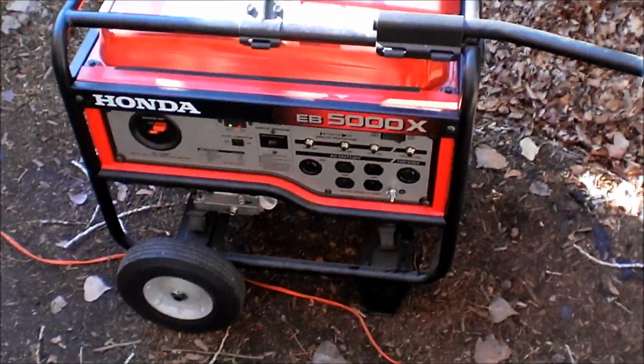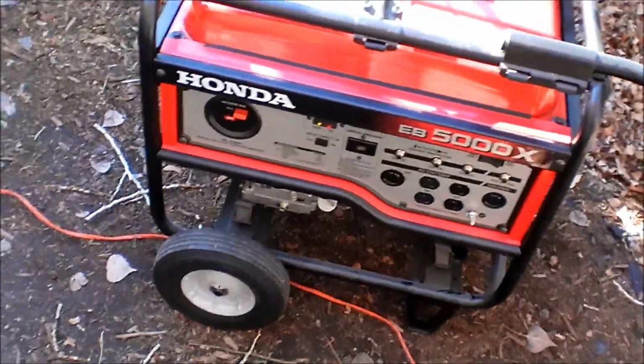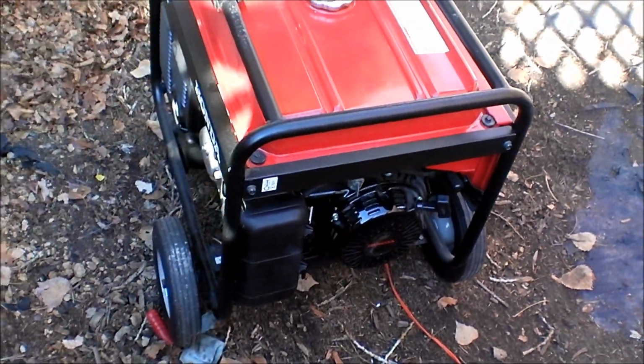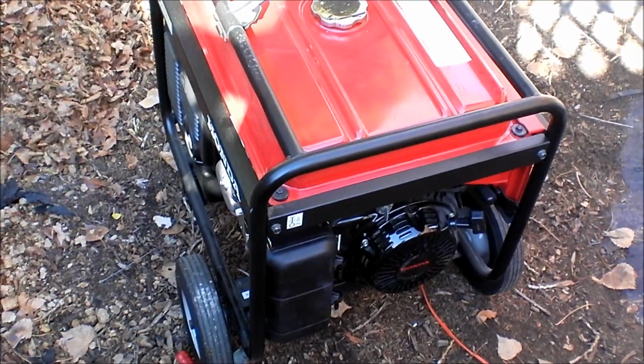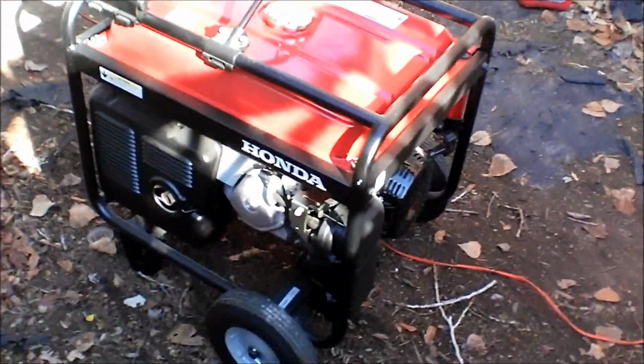It's a Honda EB5000X. It's a nice generator. It's got auto throttle on it. It's customers. This has got to be the same. I'll show you in a minute the copy of this. I have the Chinese copy of it. But anyways,